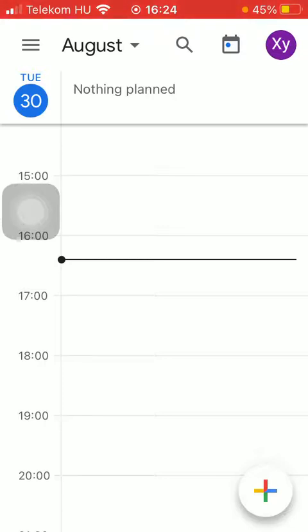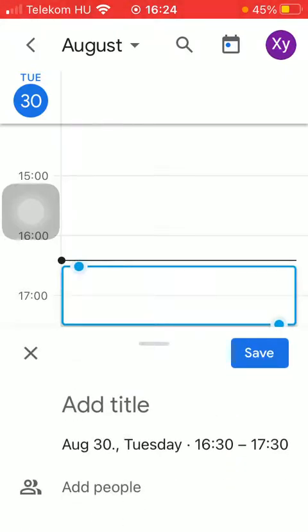Now if you want to add anything to your daily schedule in order to plan your day, you just need to tap on the relevant hour that the goal is due. So now I have tapped on this icon, so it means that my event or my thing to do is going to be from 4:30 to